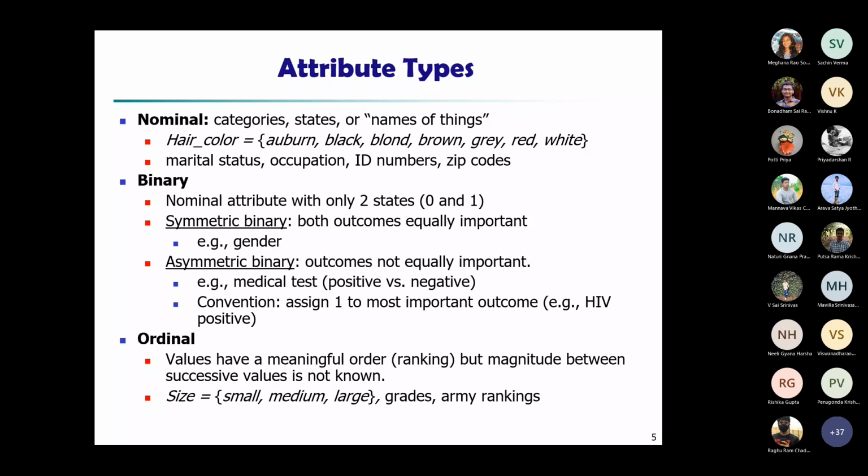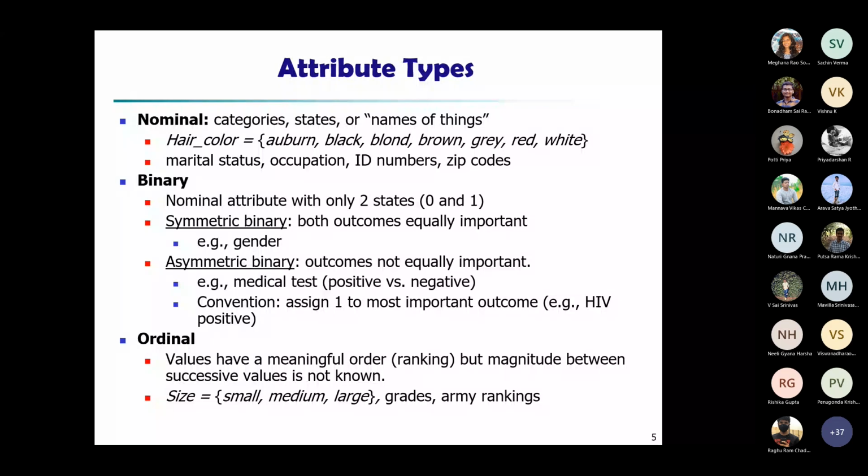So professional ranking can be, like say professors, you have assistant professor, associate professor, professor. So these are categoric, but then they have an order. Similarly, age, we can say young, adult, senior. So that kind of category, if you bring in, that is also ordinal. So they all have some meaningful order, but we don't know actually what is the difference.